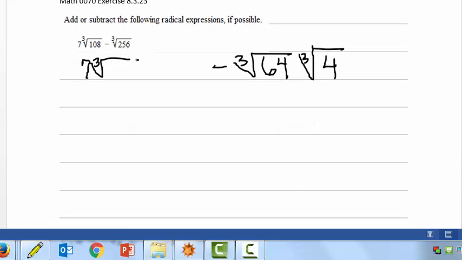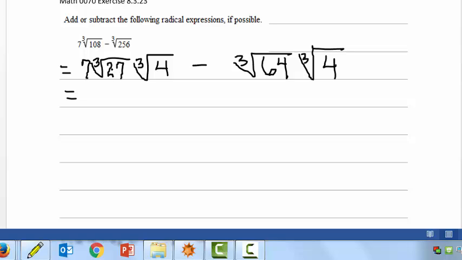So when I divide 4 into 108, I see that 4 goes into 108 27 times. 27 was one of my perfect cubes. And notice this 7 is a factor that just gets recopied. So now we've broken down each of the cube roots, and we're going to apply the cube root to the